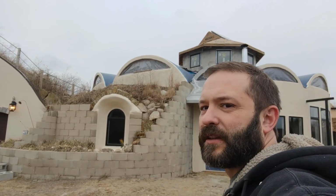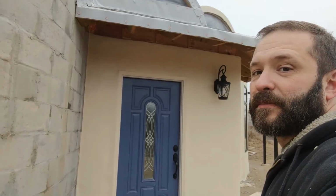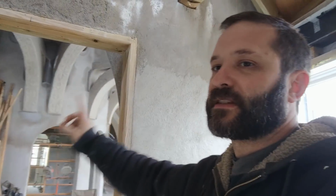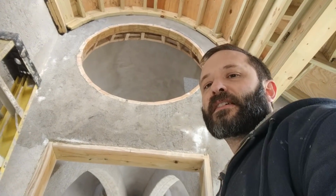So let's take a quick look through the inside. This isn't my GoPro, this is my cell phone, so it's not as wide angle as I would like, but I'll show you around anyway. So this is our entryway. It's kind of like an airlock where we can close this door before we open this door that's not here yet. And that helps keep the air from being lost. Up there you can see that circular window, and